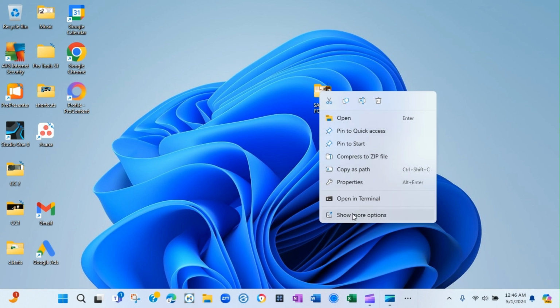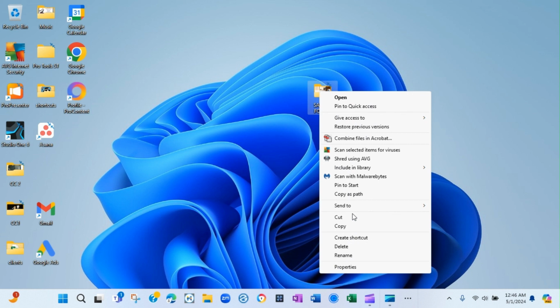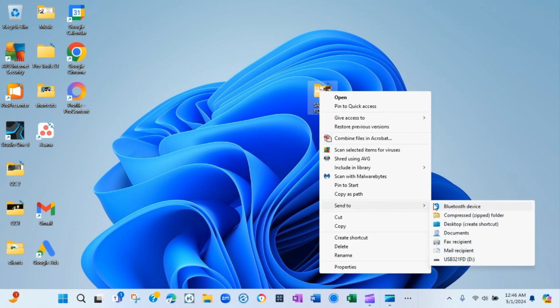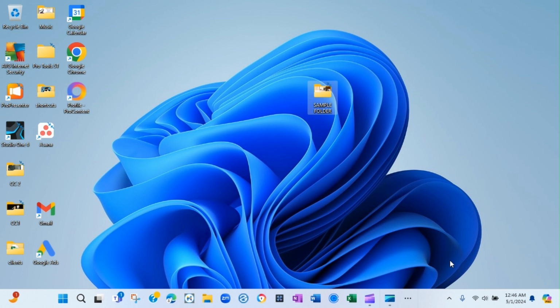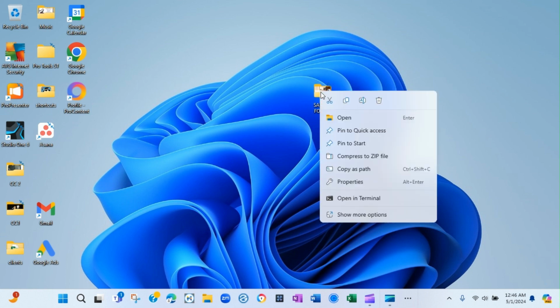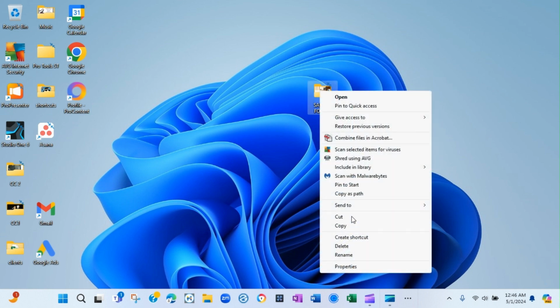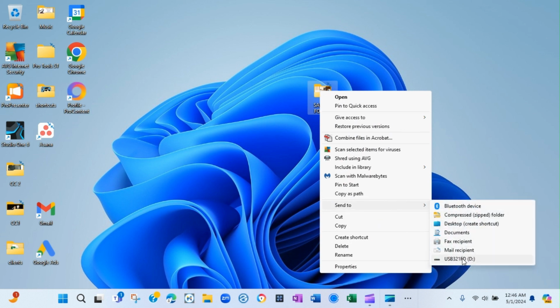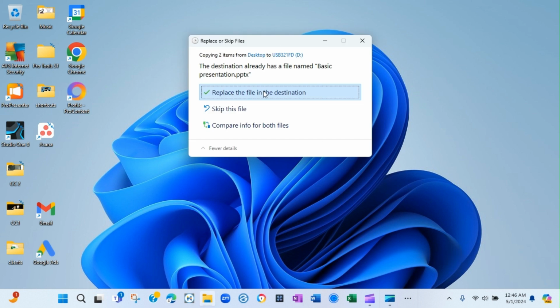So I'm going to go down here to where it says show more options, send to, click on USB drive. So that should have made a copy on my USB drive. So right click, left click, and left click again, and then you just go ahead and